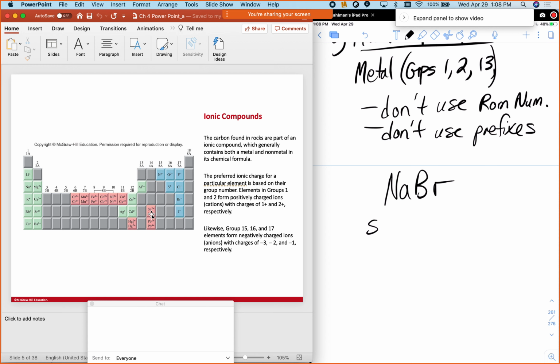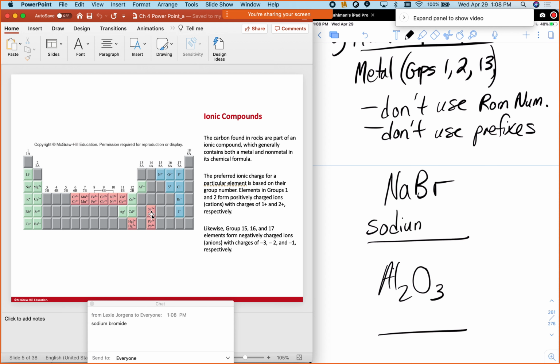and then let's do another one. How about that one? Okay, so that first one, yep, just sodium bromide. So it's just the metal, and then whatever the nonmetal is with an -ide suffix. So that's sodium bromide. And then this one,